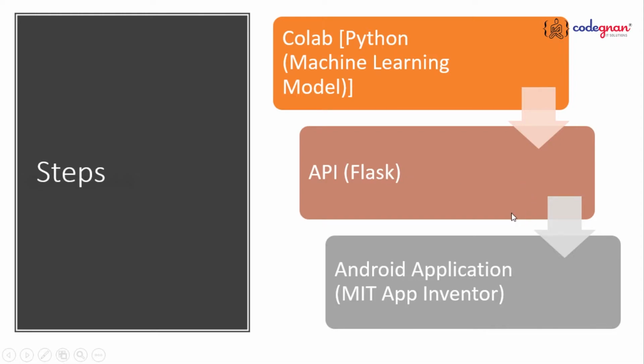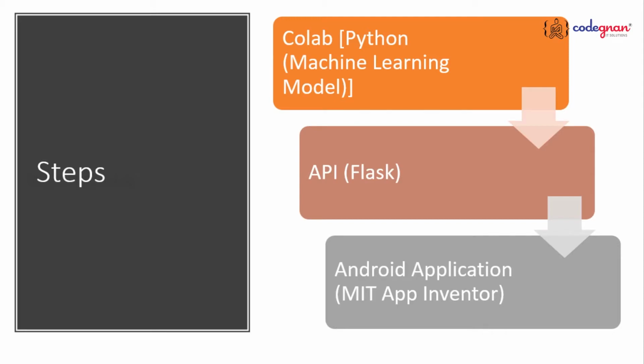And finally, I give some JSON response with the help of the same ngrok URL to my mobile app, where I'll be using MIT App Inventor. So that's where I use MIT App Inventor. What MIT App Inventor is, and all the things, we'll be discussing slowly. But our next target is to build a simple machine learning model.